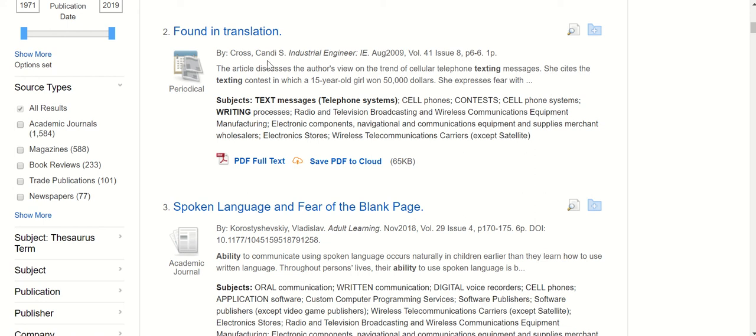This is the author or the authors, and it tells me the article discusses the author's view on the trend of cellular telephone texting messages. She cites the texting contest in which a 15-year-old girl won $50,000. I didn't know anything about that. That took place in August 2009, so it's been a while. Now, because this article is from August 2009, I will not click on it,